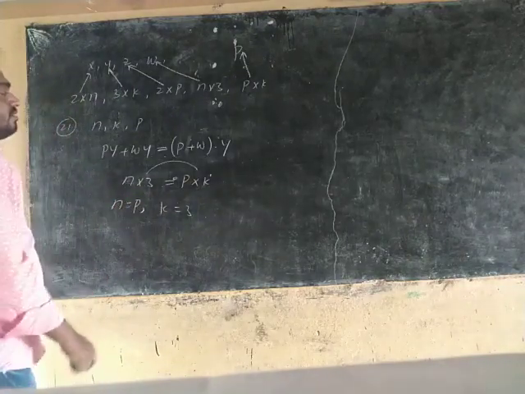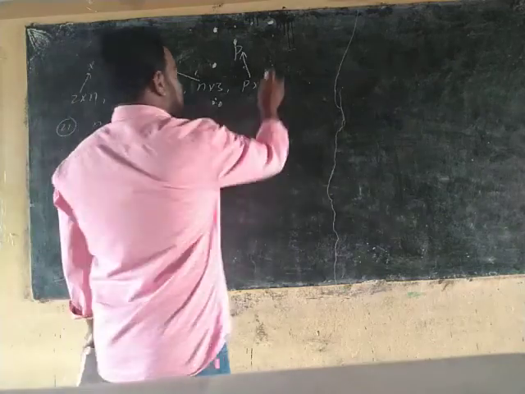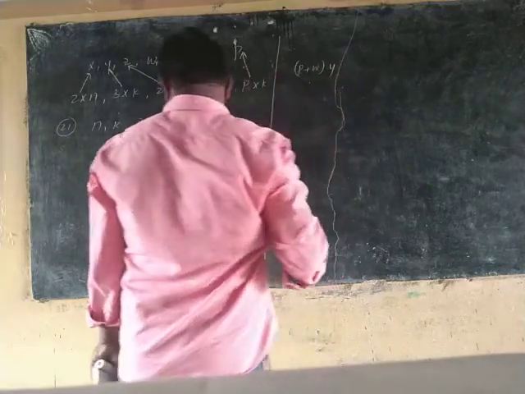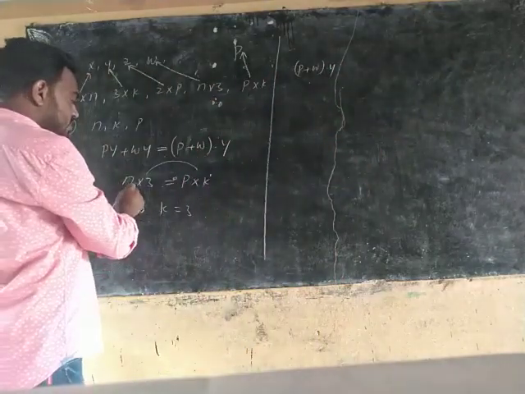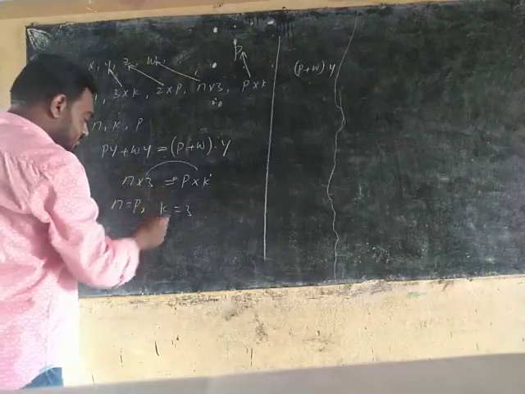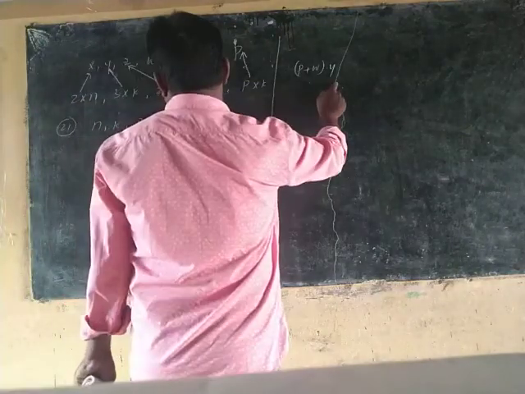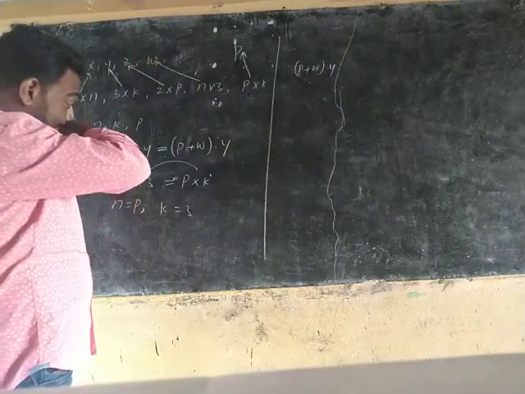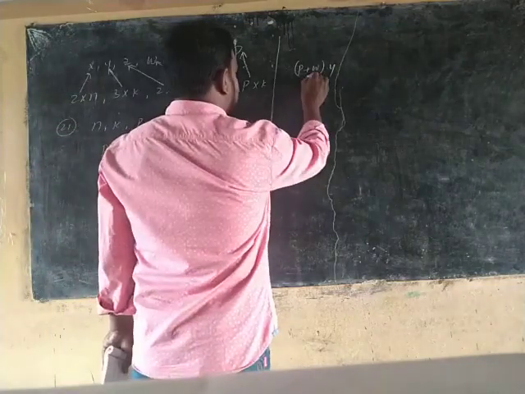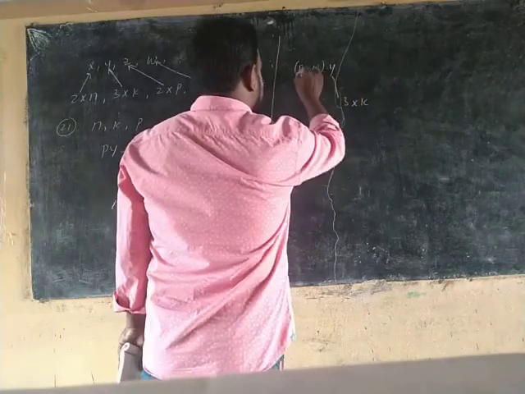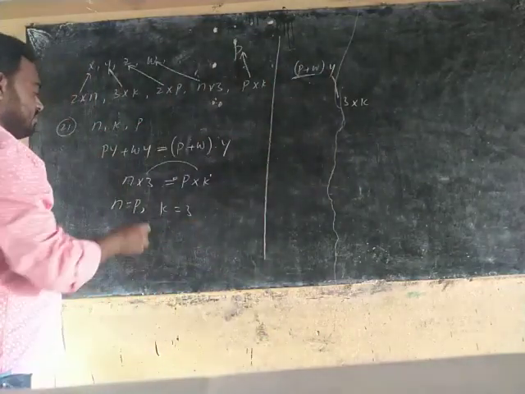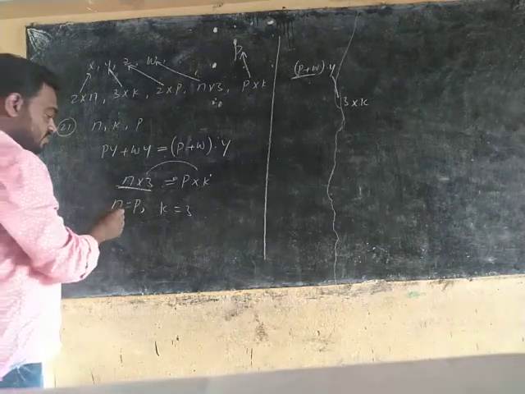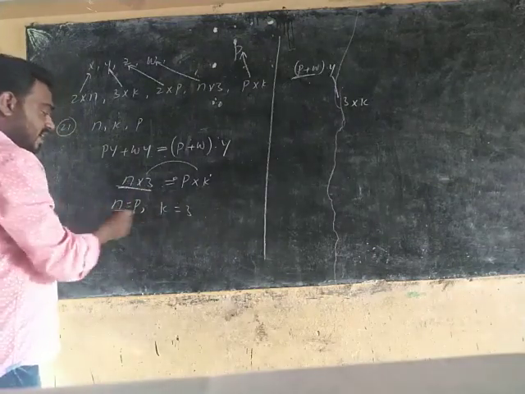Right? Next, this product is existing, that means P plus W into Y is existing. What is the order of the Y matrix? Y matrix is 3 cross k. So this matrix is 3 cross k, and the P plus W matrix is n cross p, that means n is equal to p. So what are we getting? n cross 3 or p cross 3.